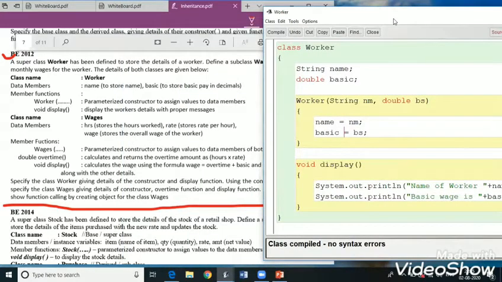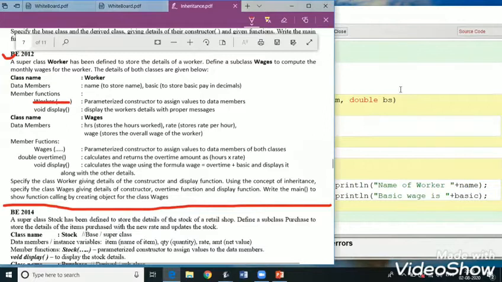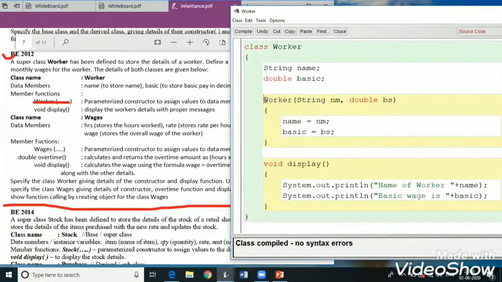base class. Here we can see that we have a class worker. It has two data members, name and basic. So we have declared two variables, name and basic. And then we have a parameterized constructor worker, in which one string and one double type variable have been passed so as to initialize the data members.